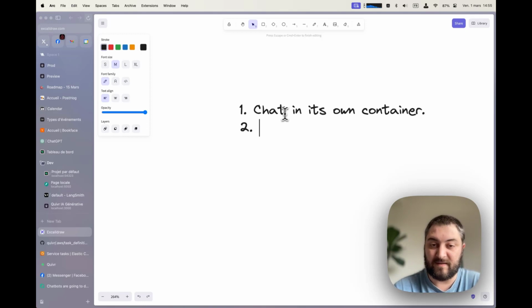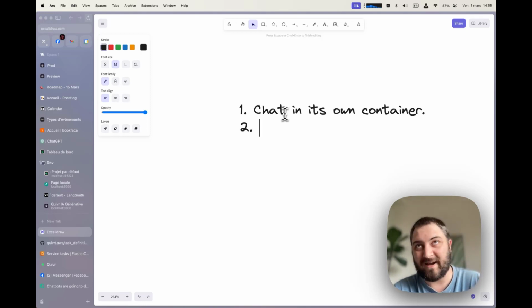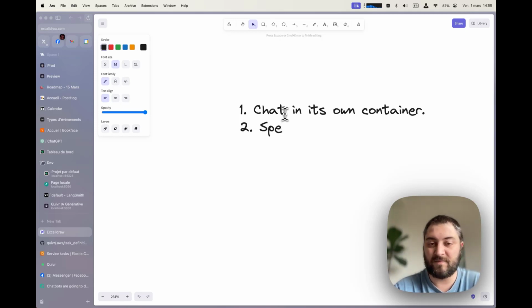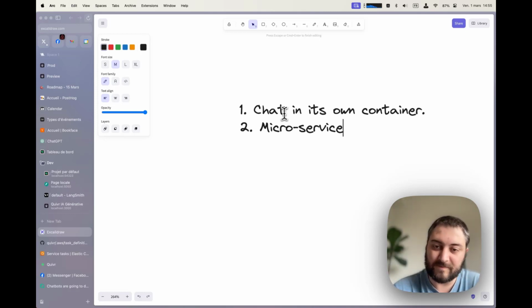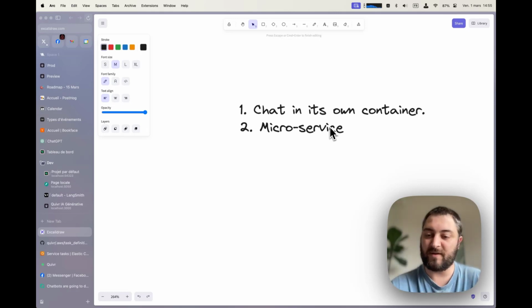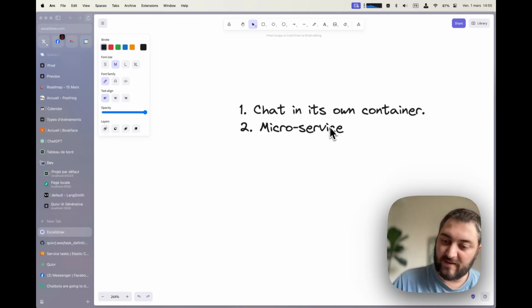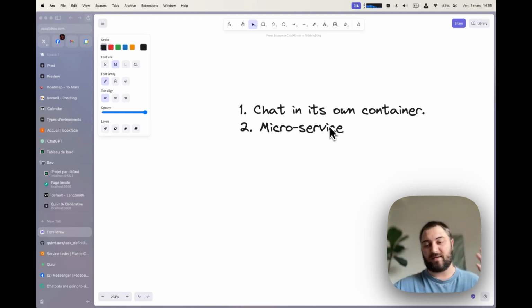The second part is, if you do a RAG, for example, everything that requires dependencies, separate. I would love to say microservices, especially with Python, because it needs a lot of dependencies. But really try to separate all of your components, because you'll tend to add more and more features to your product, since chatbots can do many things, and your image is going to be huge.